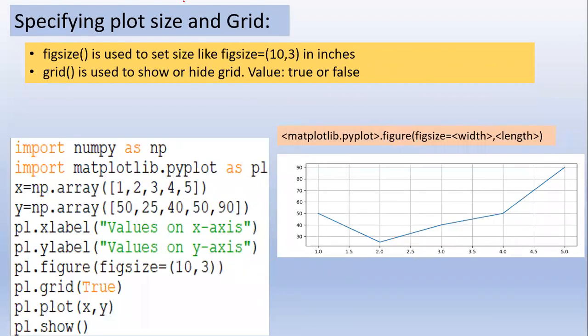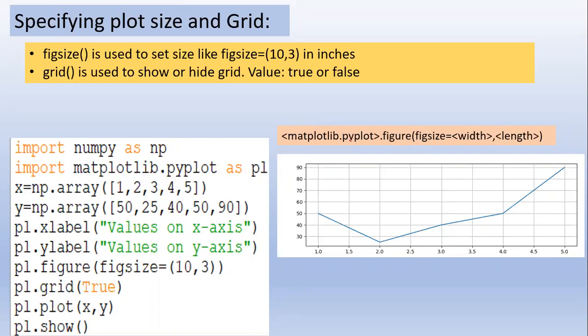Now we are going to discuss some more attributes of a chart. So here let us see how to specify plot size and grid. Now what is a grid?